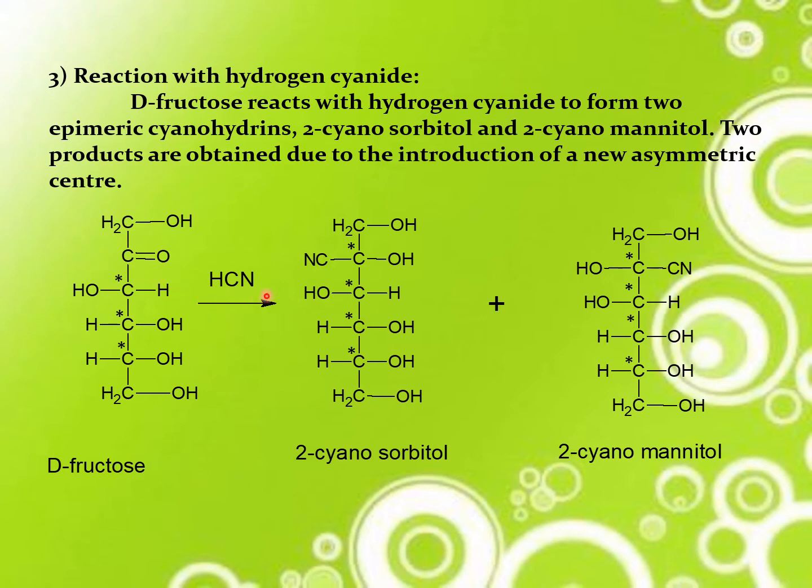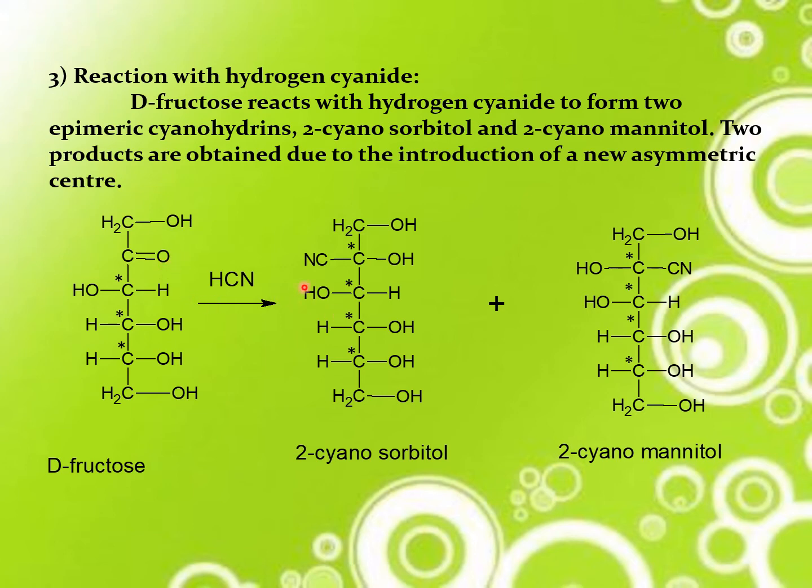Now, hydrogen cyanide is going to have an addition reaction with the C=O. The C=O can be partially polarized as C plus and O minus. Hydrogen cyanide can be polarized as H plus and CN minus. This H plus will obviously attach to this O minus, and this CN minus will be attached to this carbon atom. So we will get CN in this position and this H is attached to this position.